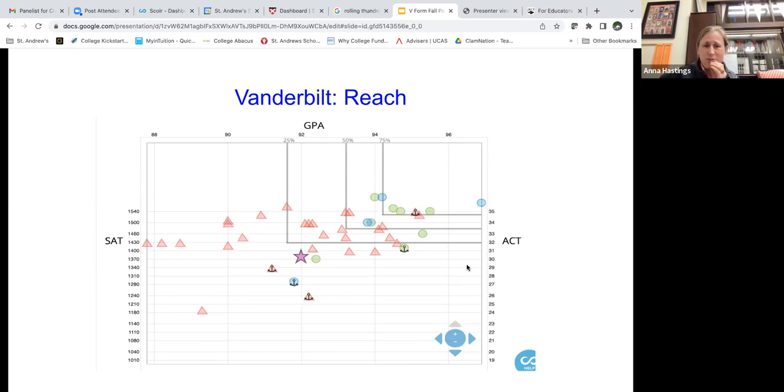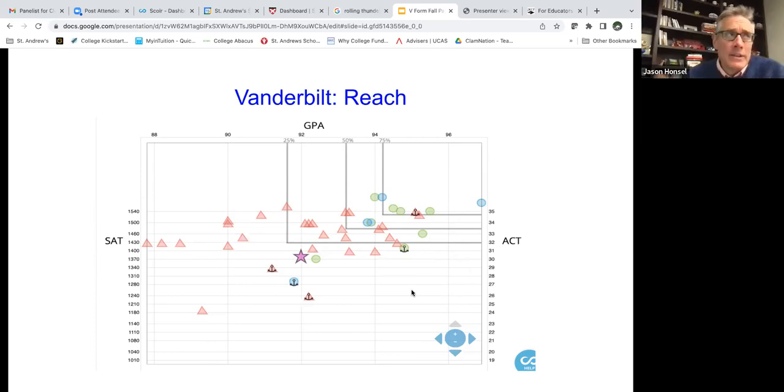No, it's just, you can see at a place like Vanderbilt, some of those hooks, as we might call them, perhaps play less of a role because it's so selective than at perhaps a place that has a slightly higher admit rate. Yeah, and then again, the general rule when schools admit less than 10%, as you can see, they become much less predictable. We can make lots of predictions based on our data and recent history and students we know, and that's really helpful. But when we get to the schools of less than 10%,